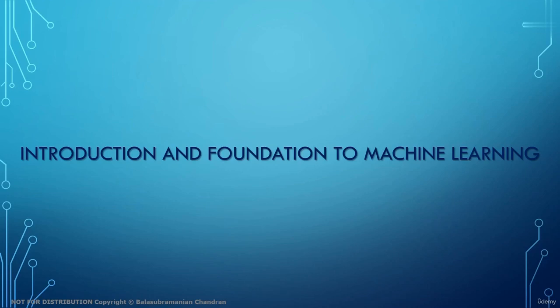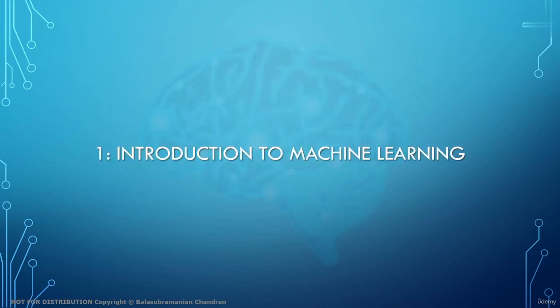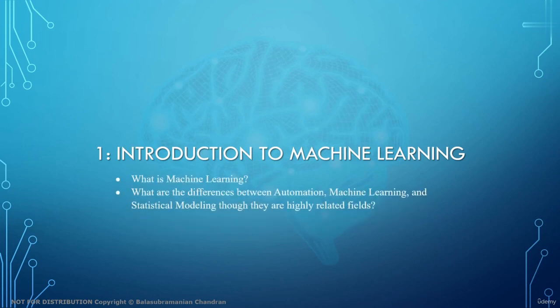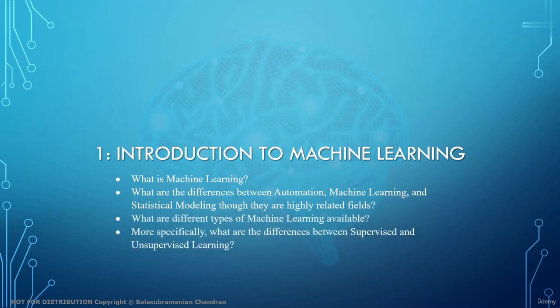Welcome to the course, A Foundation for Machine Learning and Data Science, section Introduction to Machine Learning. In this section, we will review what is machine learning, what are the differences between automation, machine learning, and statistical modeling, though they are highly related fields, what are different types of machine learning available,